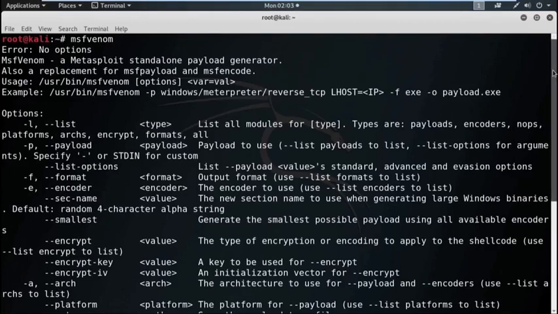See, the help is here and you can check how to use MSFvenom. To check the list of all payloads, we can use the command msfvenom -l.